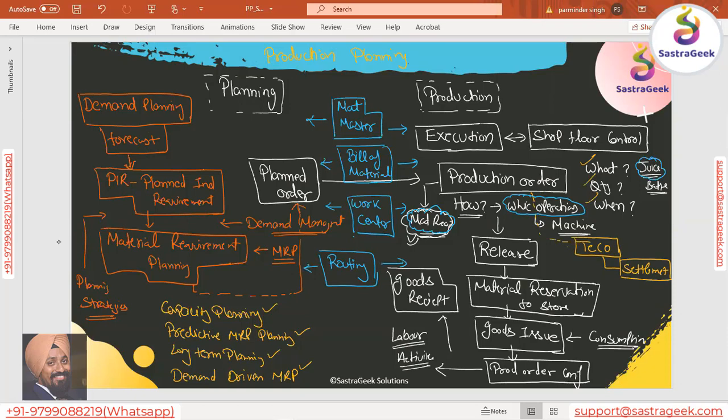Then there is one more thing, the combination of your routing and bill of material, which will be linking both of them together: production versions. So this would be the master data required to run this process. Now this full process is the heart of PP. The right hand side is the execution which we want to do. To do the right hand side execution, we want the left hand side planning. And to maintain both of them together, we need a lot of master data in the system. The material should be there, bill of material should be there, work center should be there, routing should be there, and production version should be there. That's the inherent PP module.